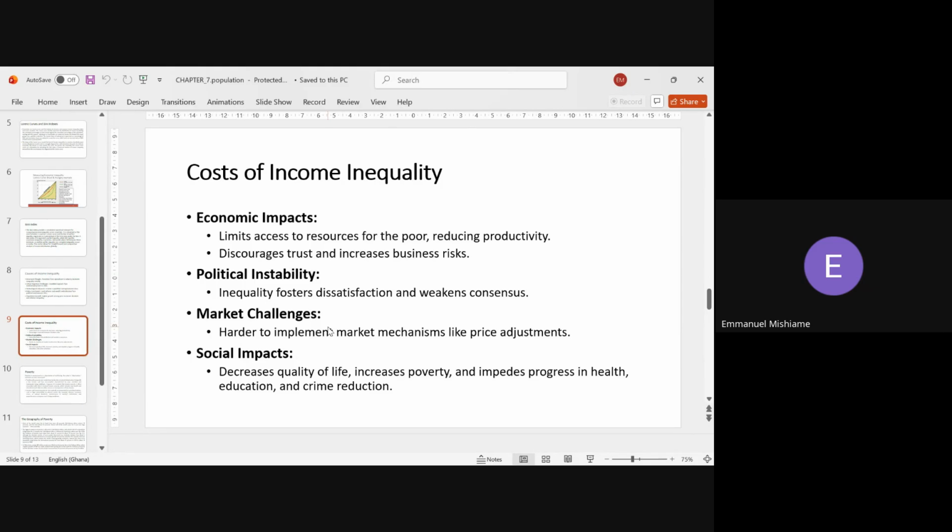Secondly, we have political instability, where inequality fosters dissatisfaction and weakens consensus. I also mentioned this earlier, that in situations where more people in the country are earning less, over time these people will become dissatisfied. And if their concerns are not well listened to or worked on, there will be political instability because they will feel they are being cheated. They are working, and it is even their work that puts the country on the map. Yet it is not being reflective of their